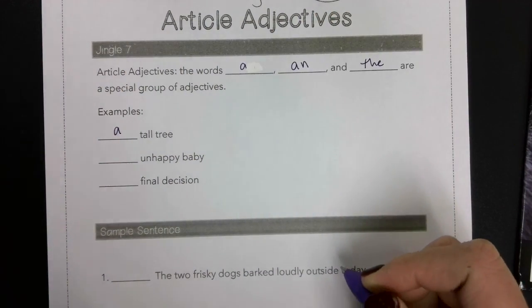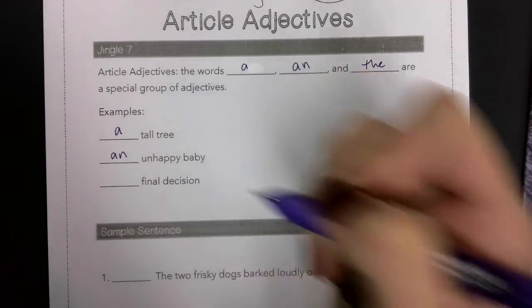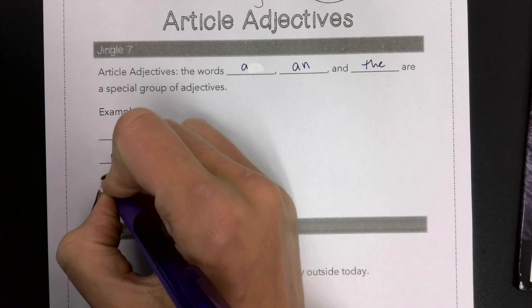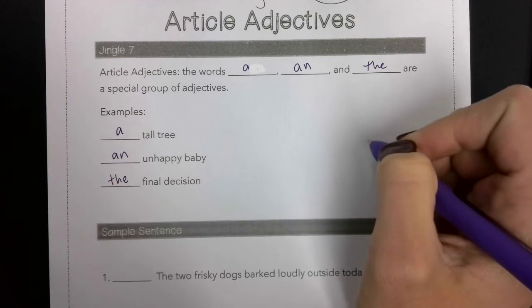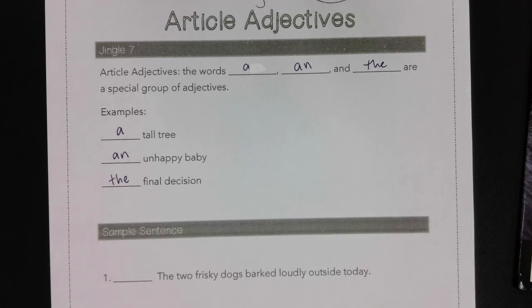Right, that's a very tall tree. That is an unhappy baby. And finally, it's the final decision. All right, so you hear those words all the time. Now, the difference,